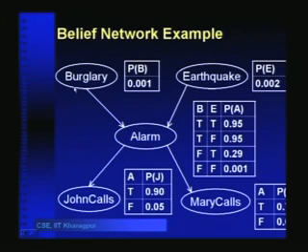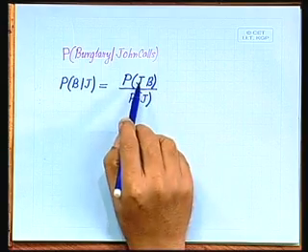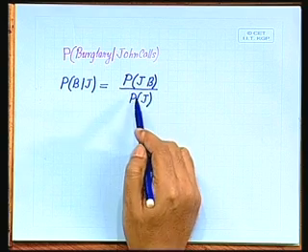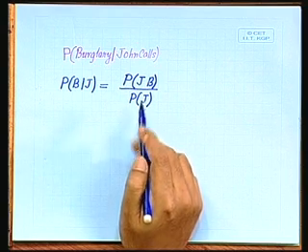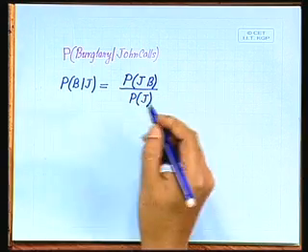So, in order to find out these kinds of probabilities, in these conditional probability tables we are given the probability of John calls given alarm, the probability of alarm given burglary and so on, but here we require it the other way around. We want the probability of burglary given John calls. So, in the first step that we have done here, as you can see, we have converted it into a form which is suitable for us. So, we have converted this using Bayes rule to P(J and B) divided by P(J). Right. Now, how do we compute P(J and B)? To compute P(J and B),